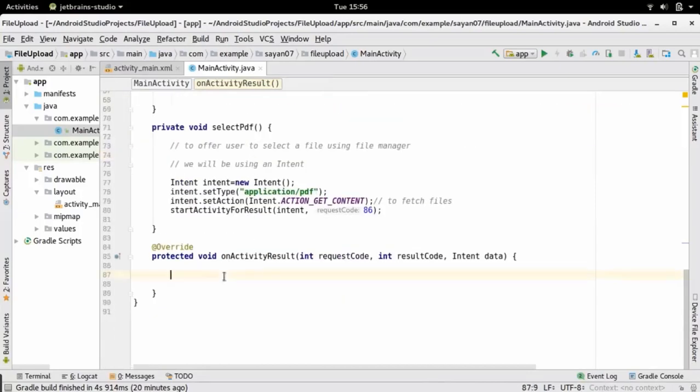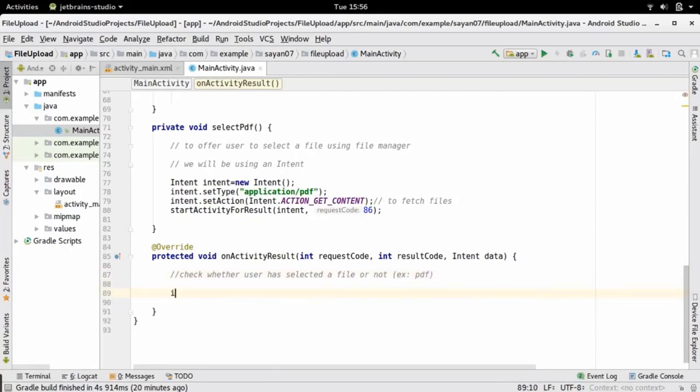So this is our method where we are going to check the acknowledgement. We are going to check whether the user has selected a file or not. Here it is PDF. Now let us check.